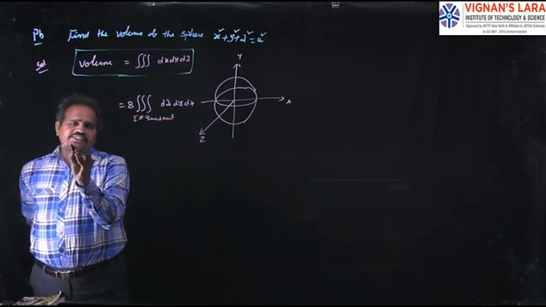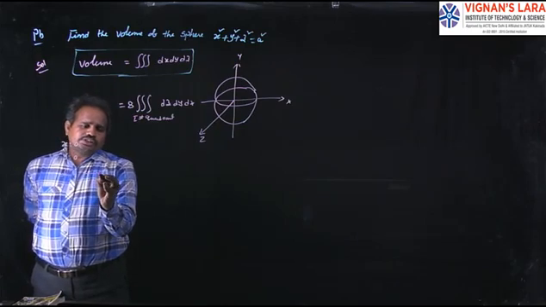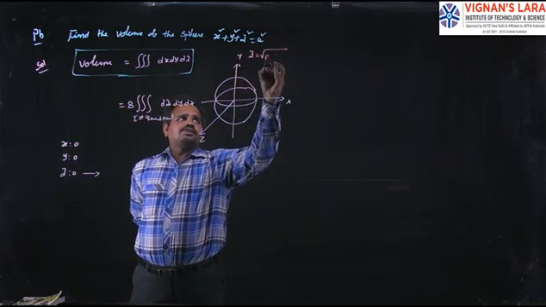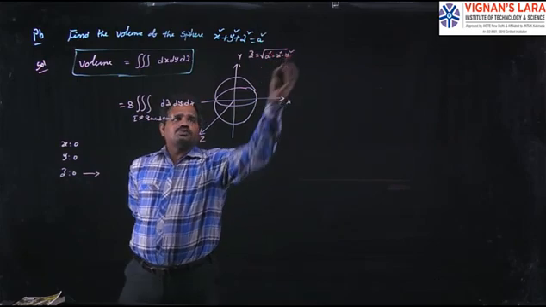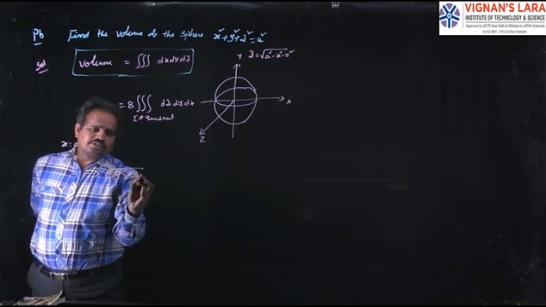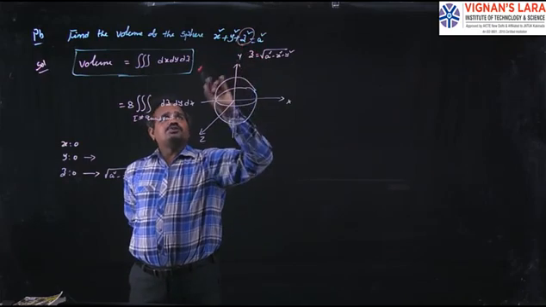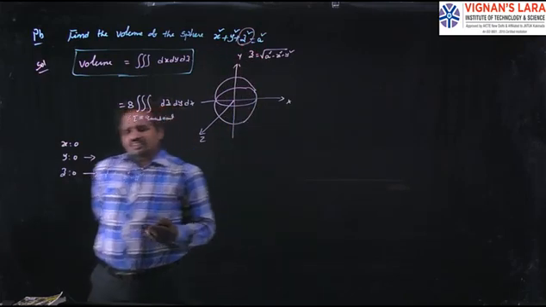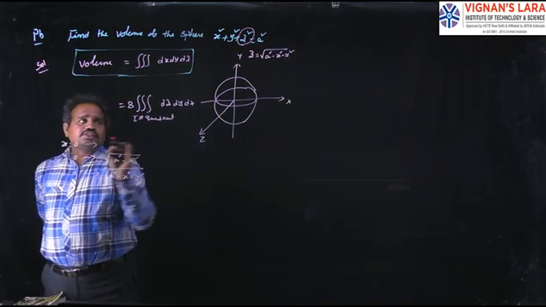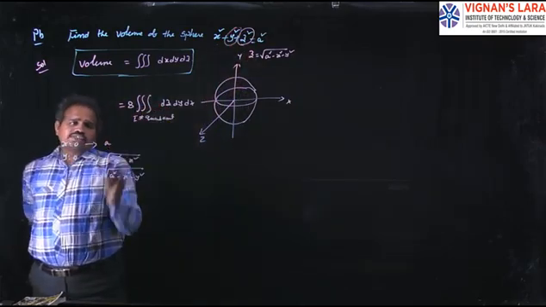Always, x starts with 0, y starts with 0, z starts with 0. First I will calculate the limits of z. So from this, what is z? Under root of a square minus x square minus y square. So upper limit is under root of a square minus x square minus y square. Coming to y, if z integration is over, then this is removed. So x square plus y square is equal to a square. From this, y value is under root of a square minus x square. If y integration is also over, then remaining is x square equal to a square. From that, x is equal to 0 to a.